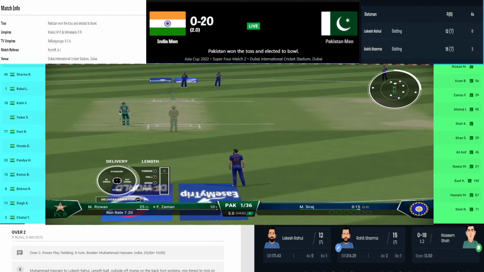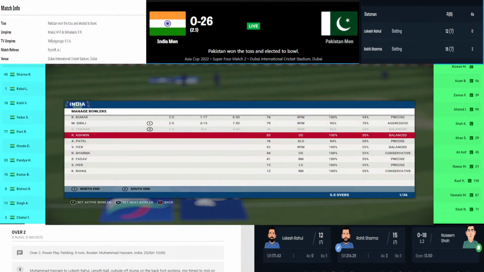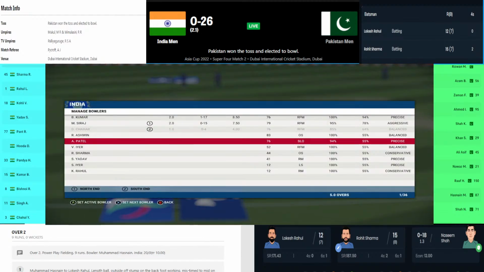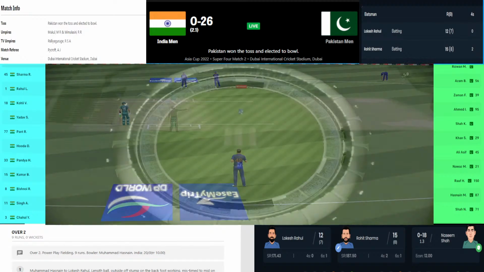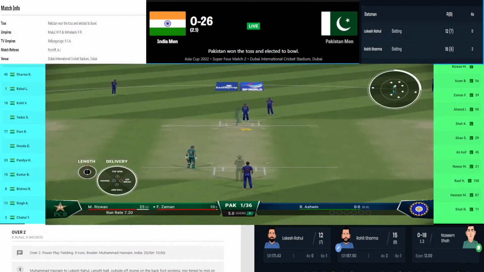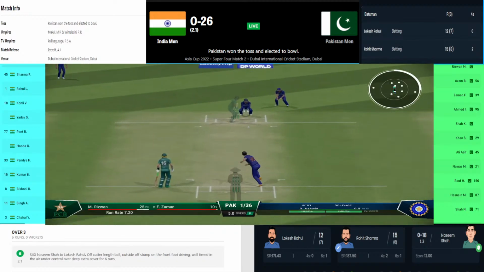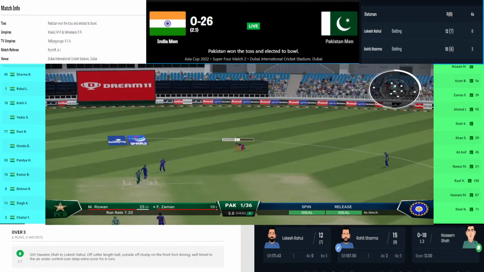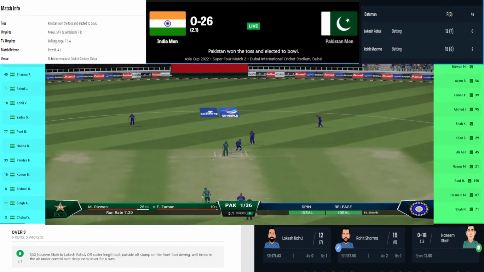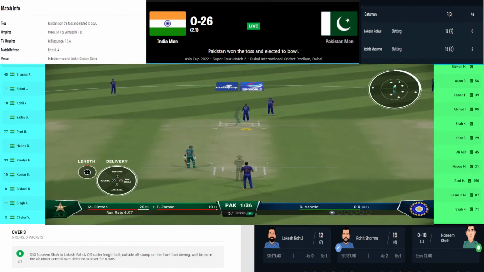Wonderful piece of timing from KL and Rohit so far. Naseem Shah gets hit for a six on the first delivery he has bowled in the second over. So here's the second delivery of this over. This time it's again nipping back into the batsman's body. He just taps the ball around backward square leg for a single. With the help of that single, India's score moved on to 27 without loss after 2.2 overs.